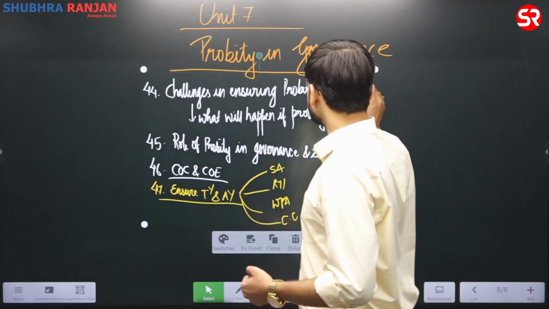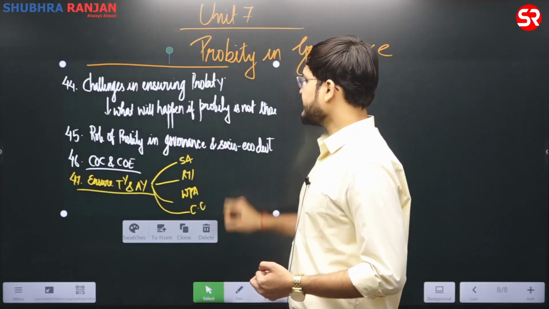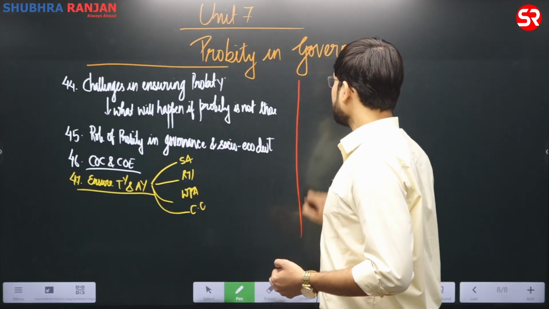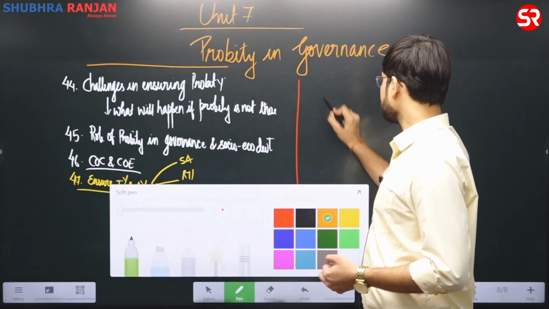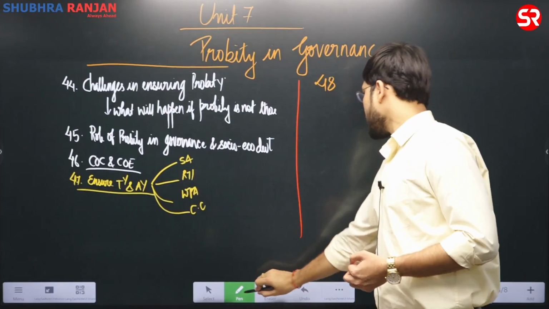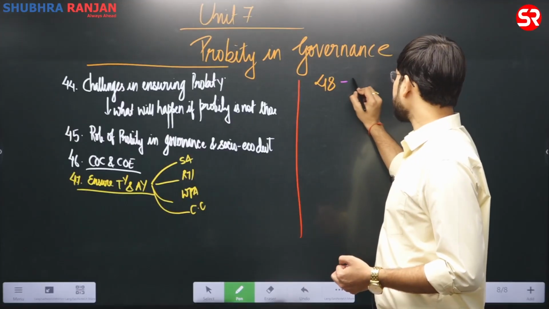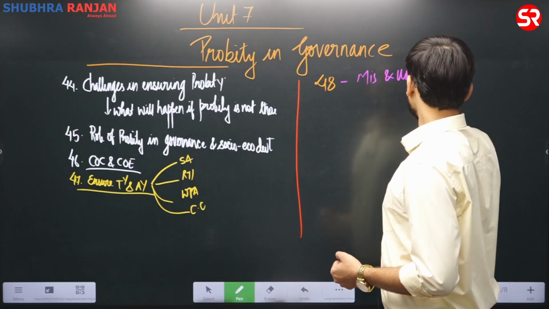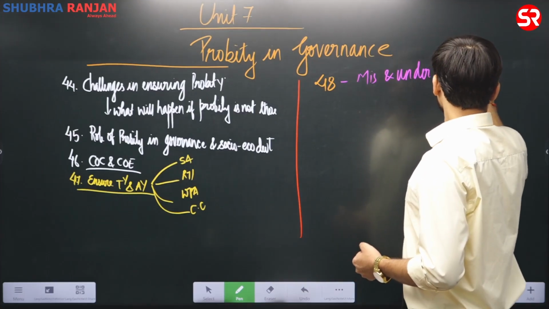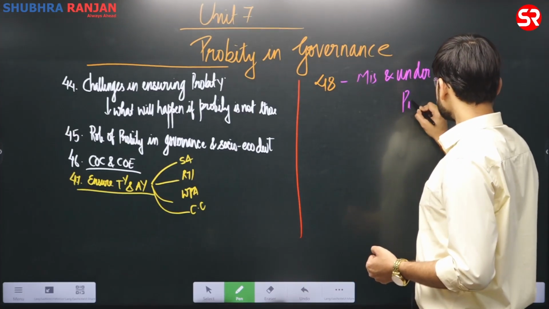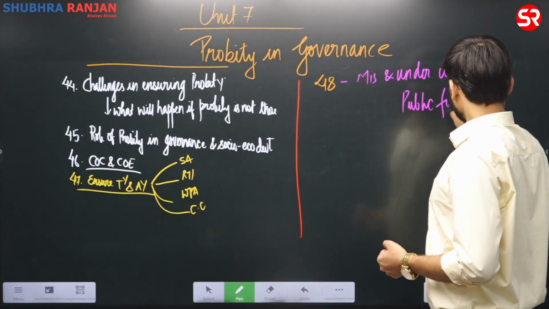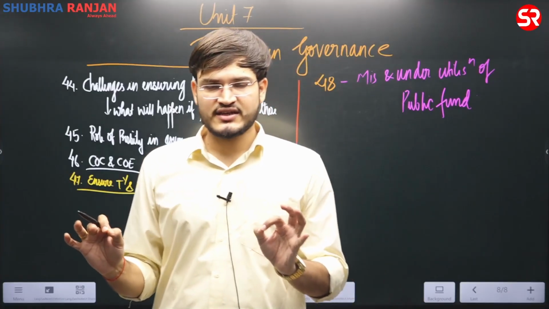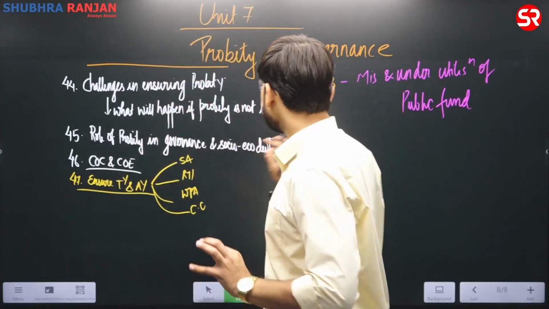Yes, they will be asking these aspects with respect to this particular theme. Then for example if you see 48, you will find that here they will be asking from the aspects of, for example, misutilization and underutilization of public funds. So the next very important theme is misutilization and underutilization of public funds, and here you have to talk about